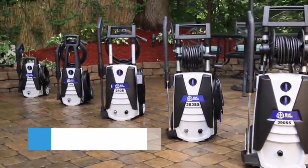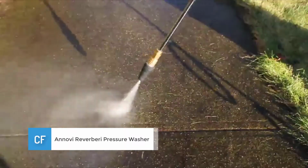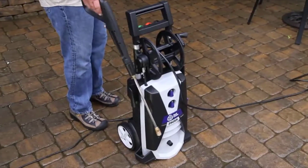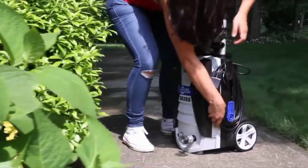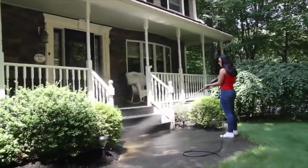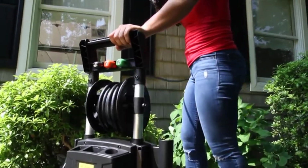Number 2. A Novi Reverbery pressure washer. This is the updated version of the AR383. To know that you have the right model, make sure it is the SS. Although the AR383 is pretty fabulous, the upgraded features make this the better choice. And Novi Reverbery is great at listening to customer feedback and addressing those small issues that were present in the